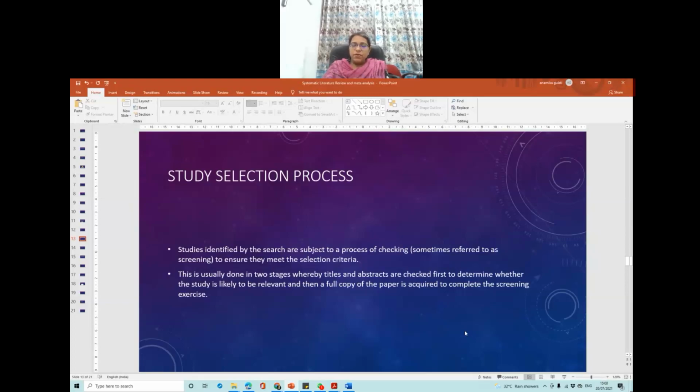In the example of technology and education, we'll go deeper into those studies which have come after the search strategy. For example, we got a study where technology and education has been assessed, but in a different way than we wanted. So that particular study will not be of interest. Or a technology and education assessment study has been there, but it is in a different language, and we cannot access or read that data, so it doesn't fit our inclusion criteria. Or